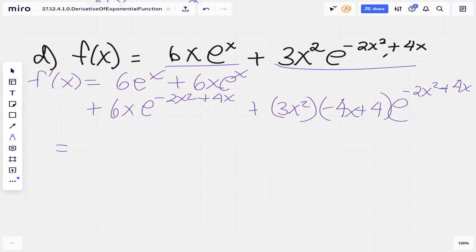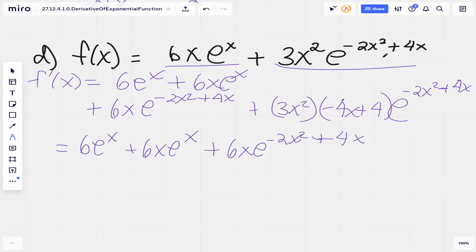Okay, so now let's expand and simplify. All right, so we have 6e to the x plus 6x e to the x plus 6x e to the negative 2x squared plus 4x